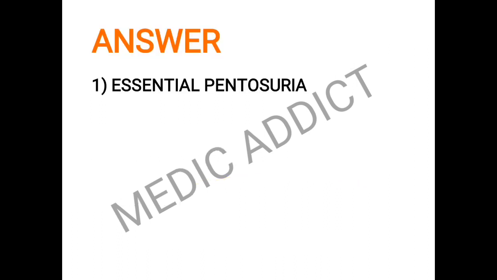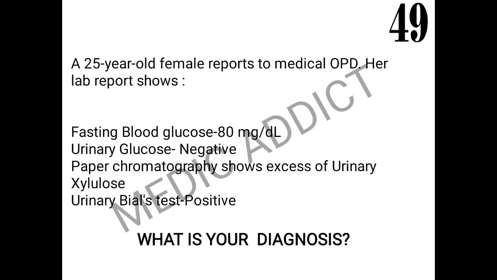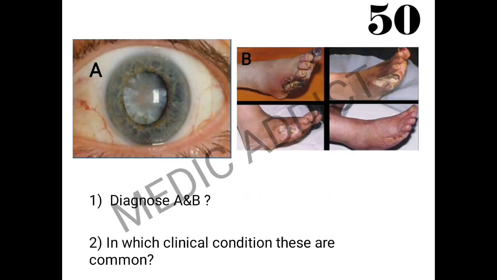So the given diagnosis is essential pentosuria. This is not a diagnosis of hyperglycemia or hypoglycemia, because urinary glucose shows a negative response towards the glucose molecule in the urine. Also fasting blood glucose is within the normal range, that is 80 to 120 125. So this is not a case of hyper or hypoglycemia. Let's look into the next spot.